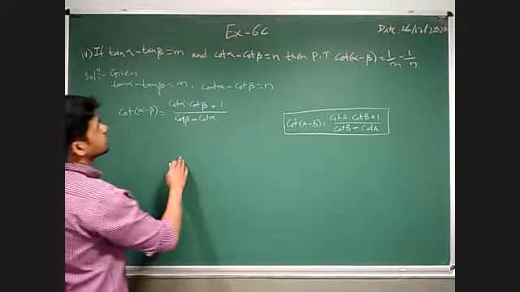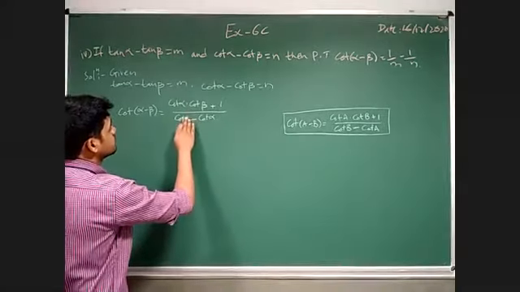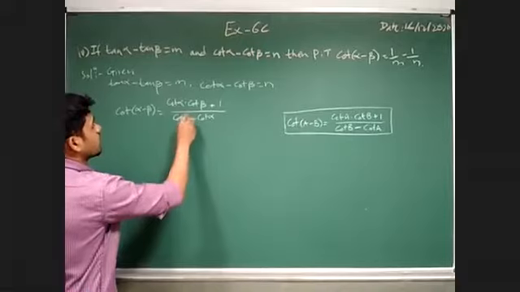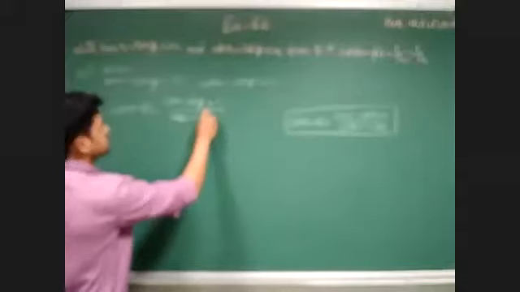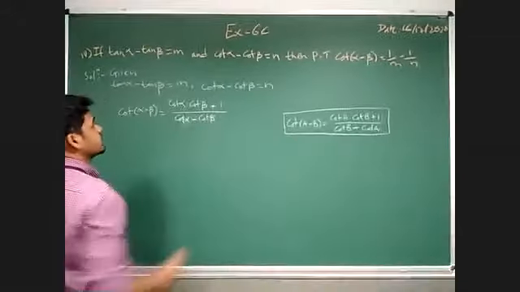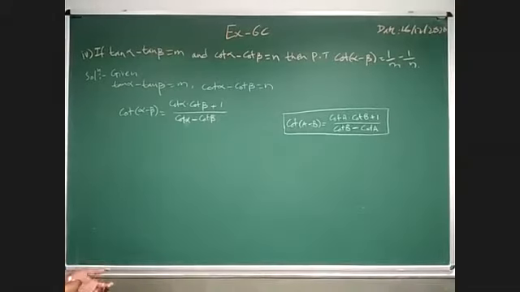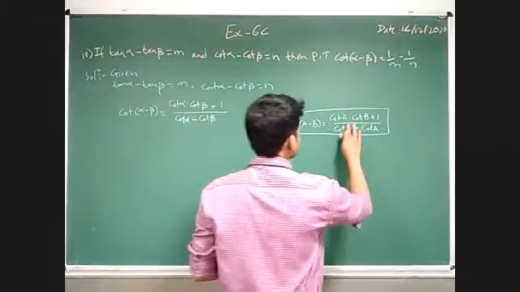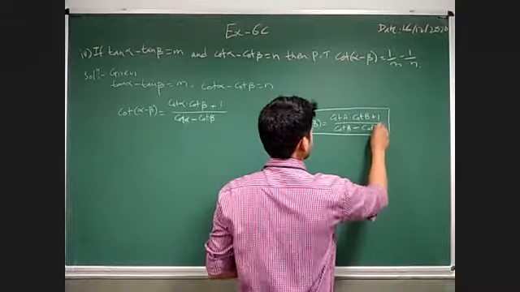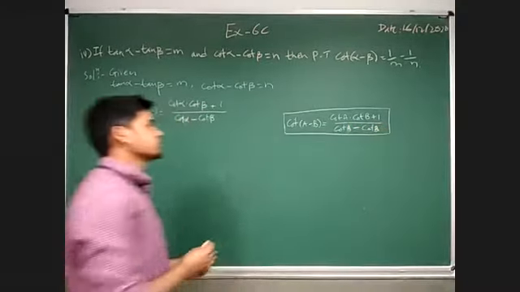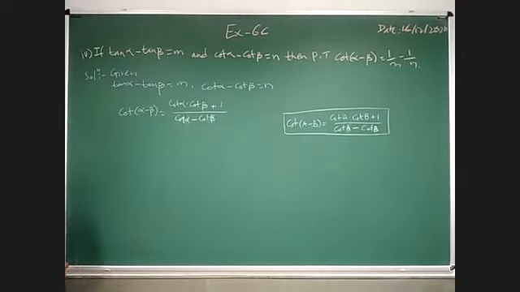or it should be cot alpha minus cot beta, and here cot alpha, cot beta. Okay, now just see here. Wait 1 minute. The question, is it right or wrong?